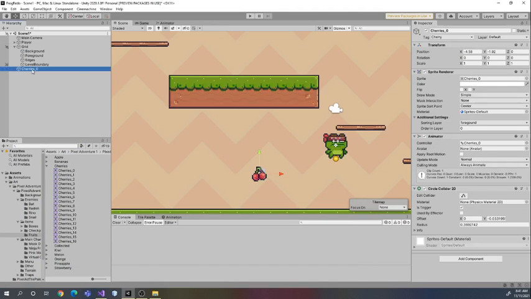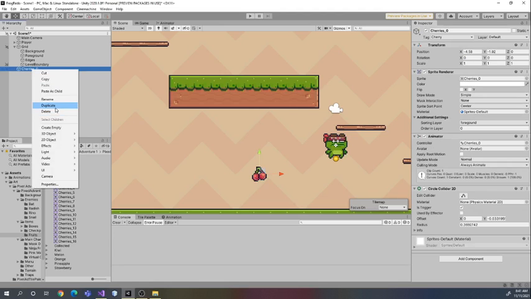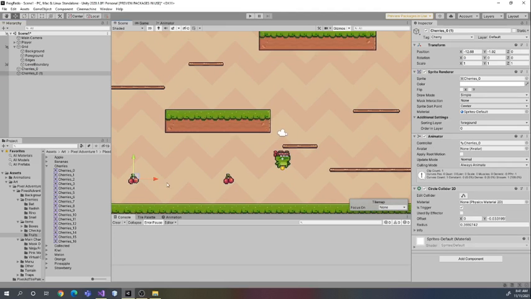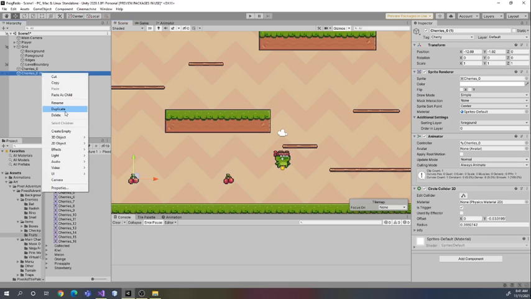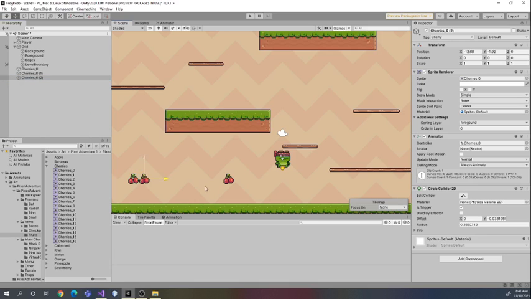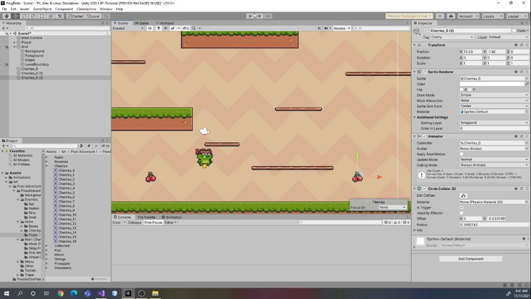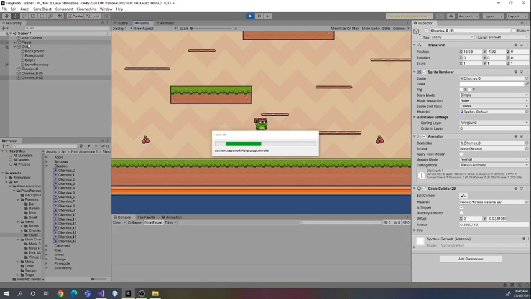So I'm going to make a couple of copies of this, so I'm going to duplicate it. And then let's just move one over here a bit. And then I'm going to duplicate it again. And let's just move this one over here. Actually, move it to this side. And so now when we play, we can look at the items as we collect them and then see that